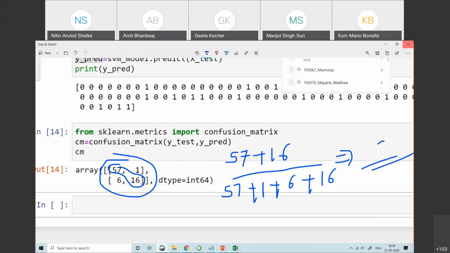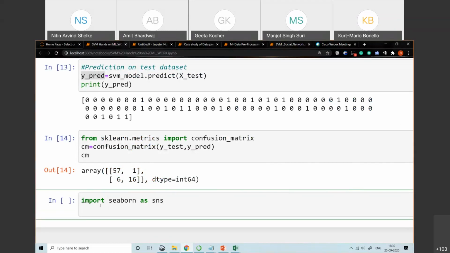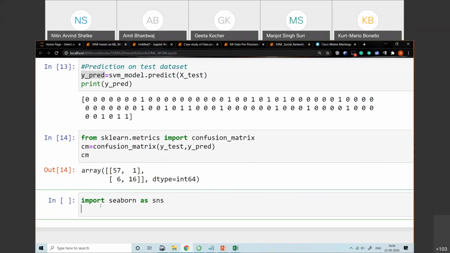Now let me just represent this matrix with the help of a heat map, and I will use the Seaborn library for that. Import seaborn as SNS, and in that we will use the sns dot heatmap. You are familiar with this method, heatmap, to draw the heat map, and we'll pass the CM.